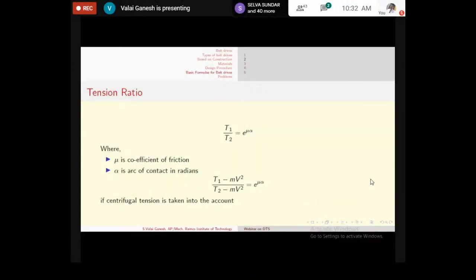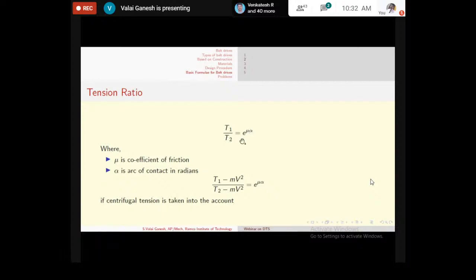The one most important note is whenever you find an angle value, only the angle parameter, then you need to apply it in terms of radians only, not in terms of degrees. Suppose before alpha you find any trigonometric function like sine, cos, tan, cosecant, secant, cot, then you need to apply the value in terms of degrees. Whenever you find the angle parameter alone, you need to apply it in terms of radians.